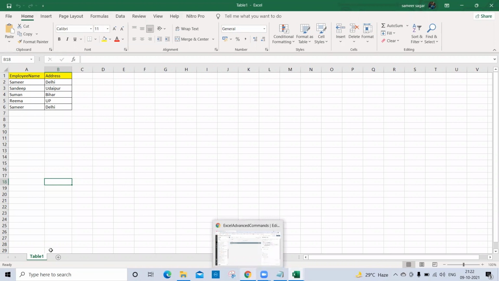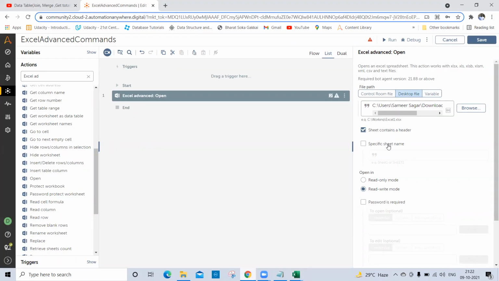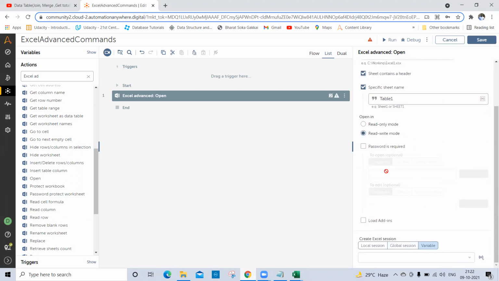The tab name here is table 1, so I'll use the same sheet name and mention table 1 here. I'll choose this read write mode. If I choose this mode, we can perform read operations and also write operations on that Excel file. There's no password applied on my file, so I will not select this option.